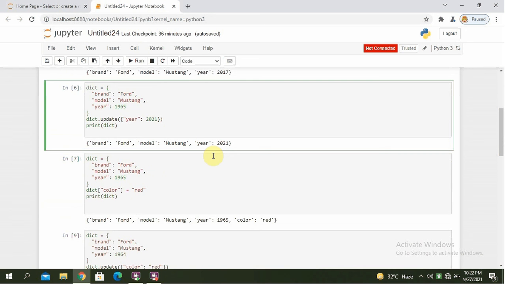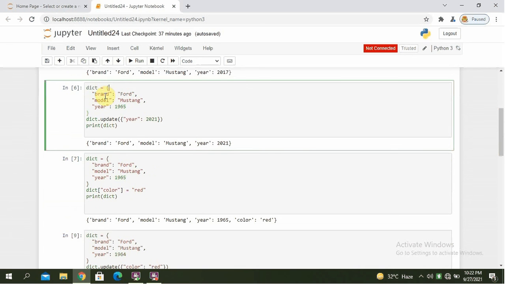Update dictionary. The update method will update the dictionary with the items from the given argument. The argument must be a dictionary or an iterable object with key-value pairs. Update the year of the car by using the update method.